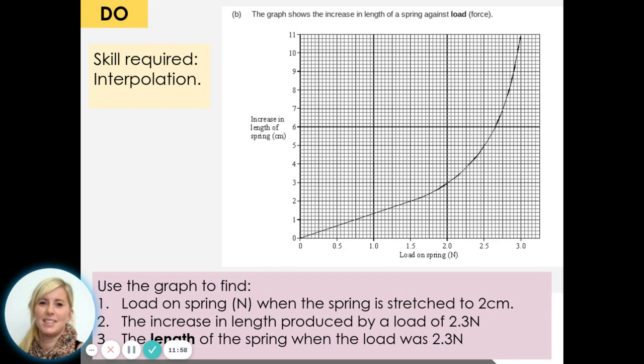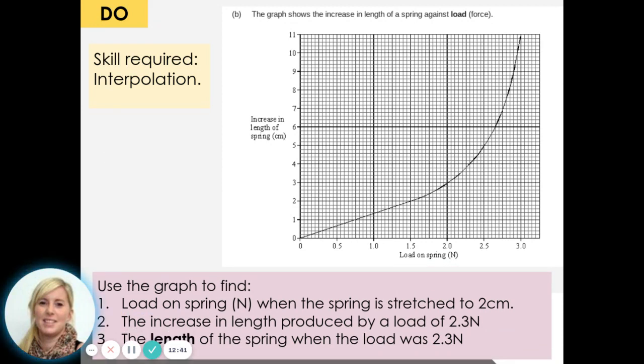So it says then, use the graph to find, number 1, the load on the spring when the spring is stretched to 2 centimetres. So if you look on the y-axis, you would find 2 centimetres, and then you would use your ruler to draw a dashed line across. And you can pause the video at this point and you can actually put the ruler up to the screen, or you can just trace your pen without drawing on your own screen across to the line. So you follow it across from 2 centimetres all the way until it meets the line. And then if you track it down towards the number, and it should be quite obvious, you'll see the answer to number 1.